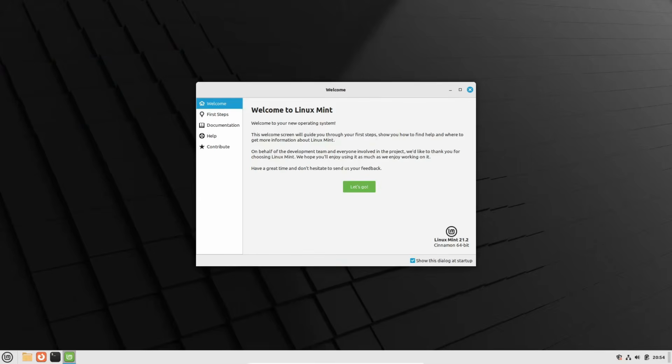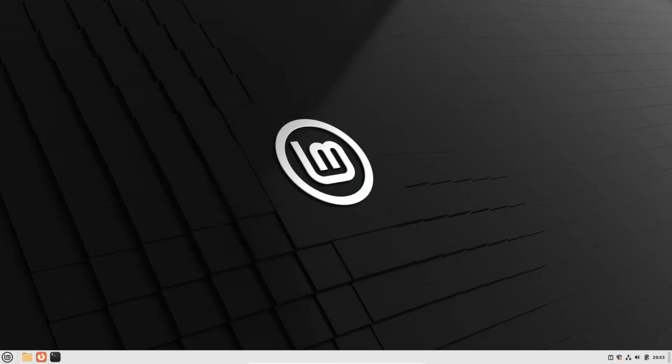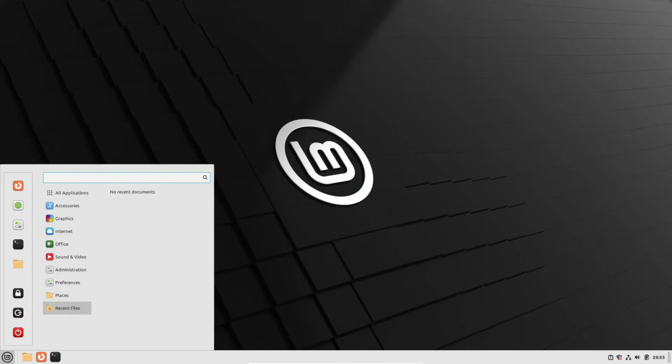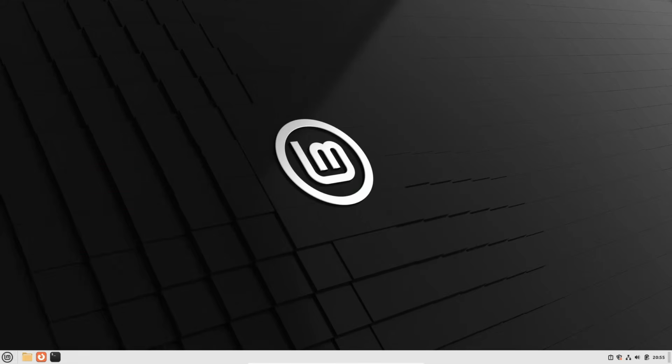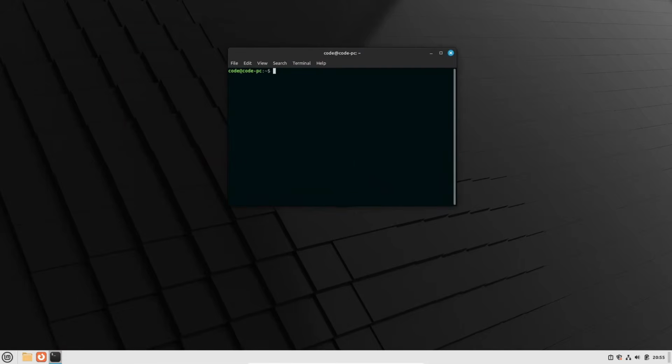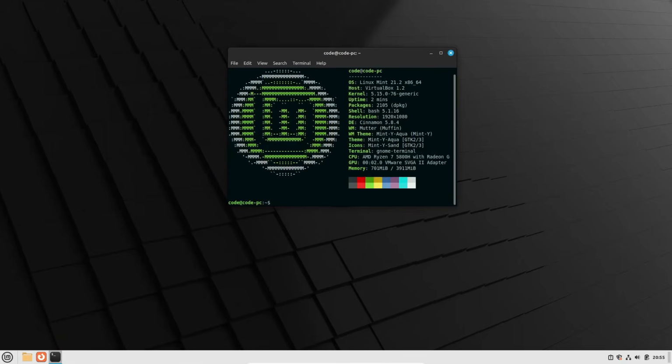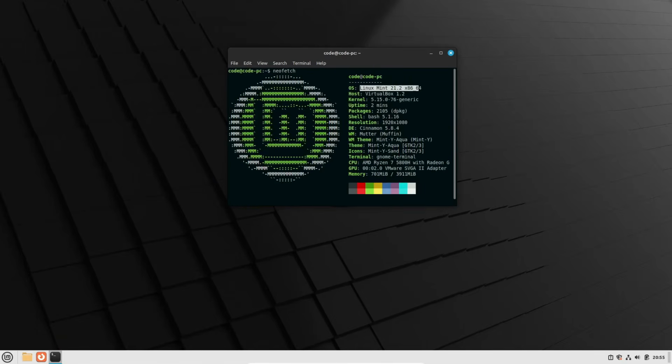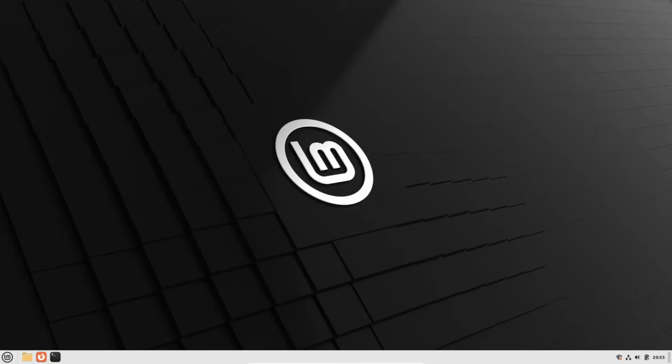Are you finding yourself in a sea of choices with the Cinnamon, Mate, and XFCE variants in Linux Mint? Fret not. I'm here to be your compass in deciding which Linux Mint version aligns best with your needs. Linux Mint stands out as one of the top Linux distributions, particularly cherished by beginners and those making the leap from Windows. Since its inception in 2006, it has cultivated a devoted community and, being based on Ubuntu, benefits from